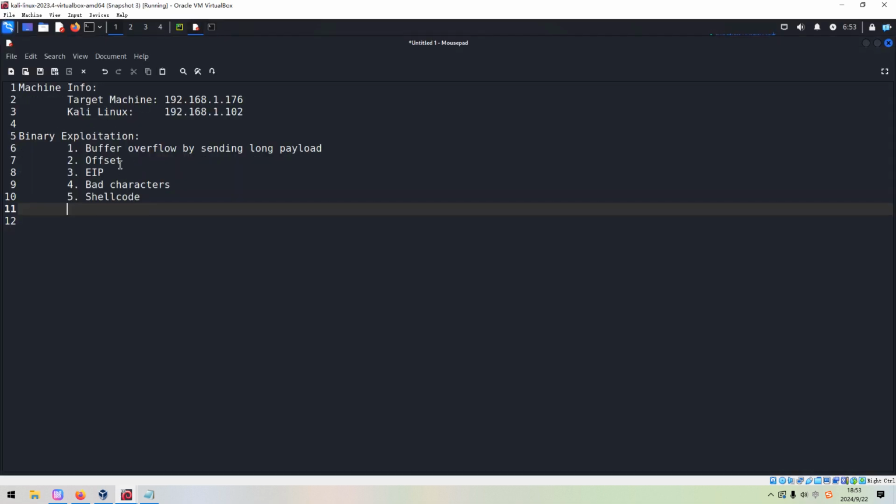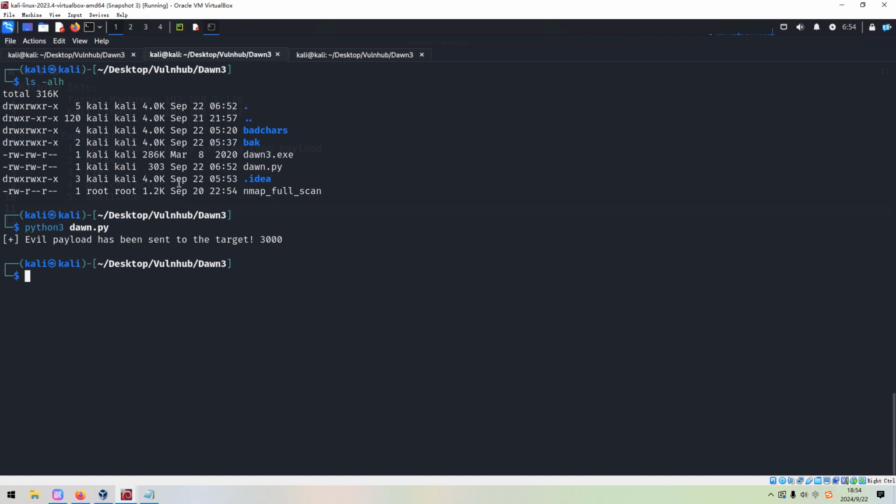Just follow the steps. We need to create the payload with a specific pattern, and the purpose of this payload would be to find out the offset, the position where the program crashes. So how to do this?